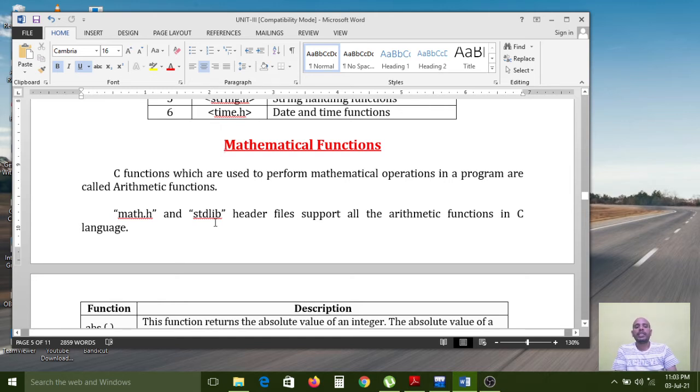But regularly we use the math.h header file in real-time C development to perform arithmetical operations. So the math.h header file contains some arithmetic functions.